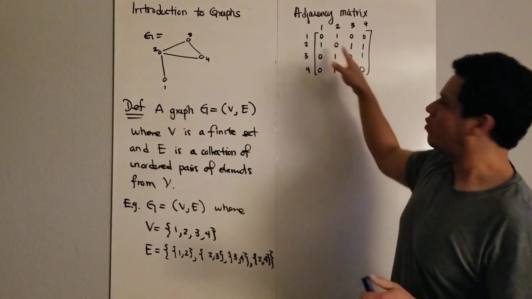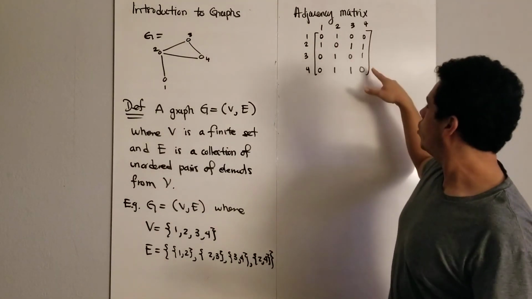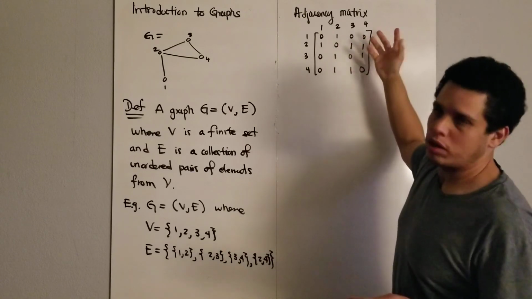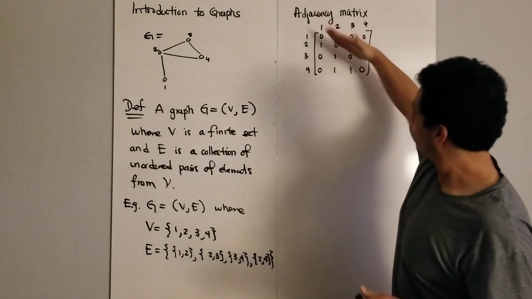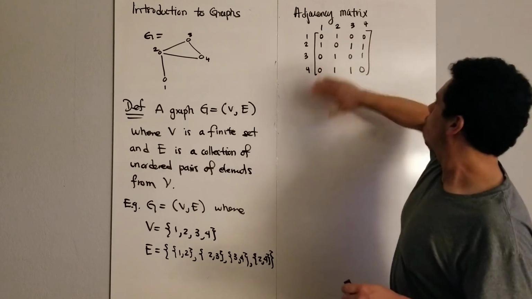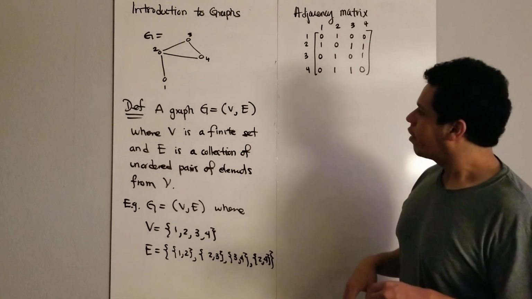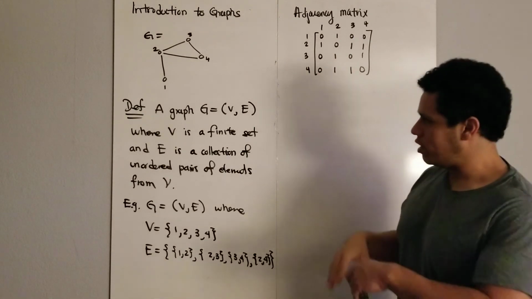Now, one of the advantages of this is that the array that we have here, called the matrix, is symmetric, right? If we look at this diagonal made of zeros, we have a mirror image. There are other representations, for example, what we call an